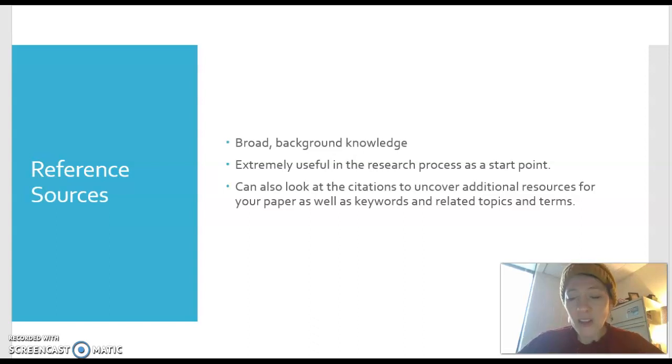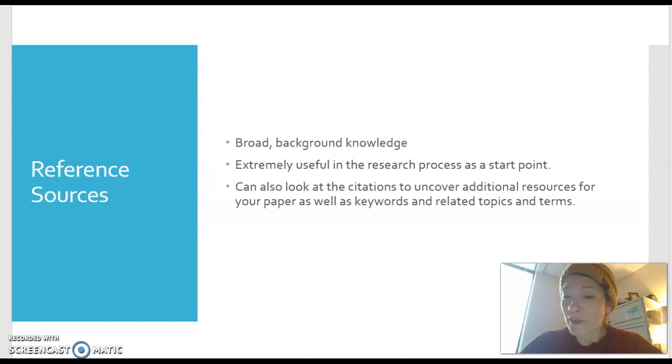I use Wikipedia all the time. If something comes up and I don't really know anything about it, that's one of the first places I go. I read through a couple of pages. It gives me a sense of what that topic is about as a kind of foundation on which to build. So while I may never cite Wikipedia as an actual source in my paper, I'm still utilizing it in the research process. It's giving me a place to begin, and that's really important to think about.